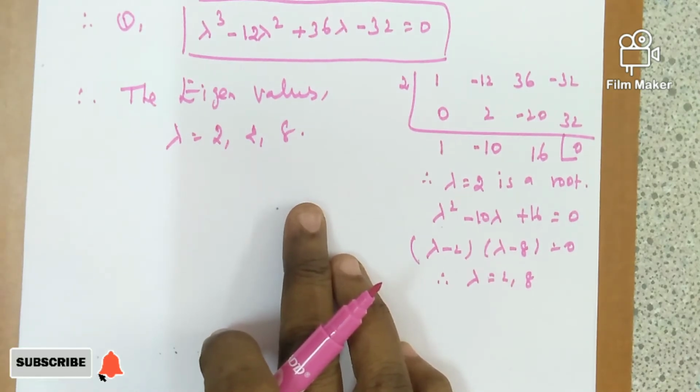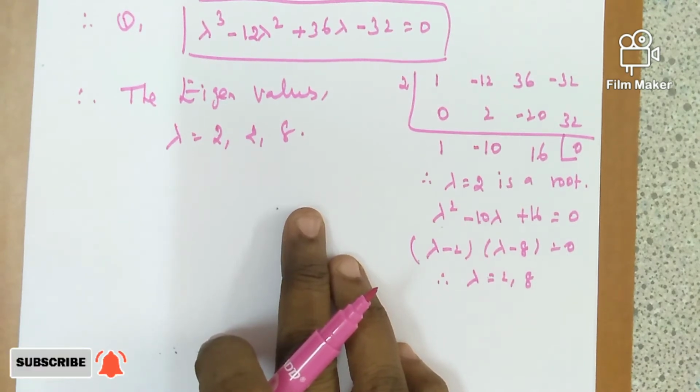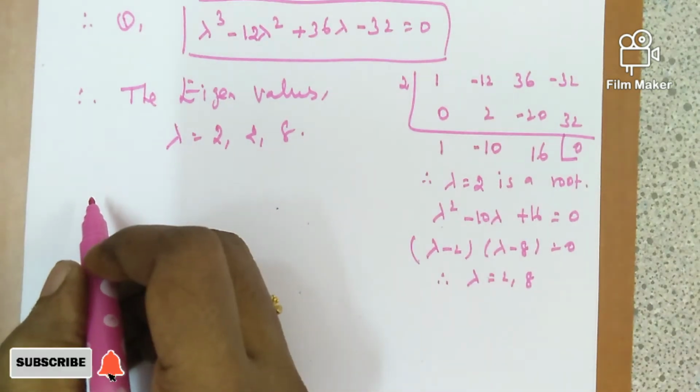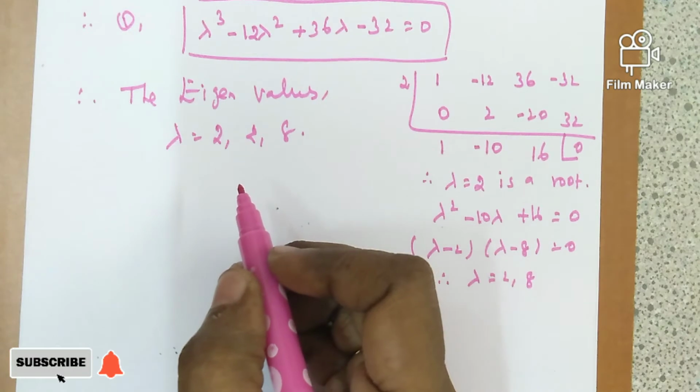So now I am going to write the eigenvectors directly, because the videos on finding eigenvectors and using orthogonal transformation are already posted, so you can refer to those. So here I am directly writing the eigenvectors. And when lambda equal to 2, the corresponding eigenvector